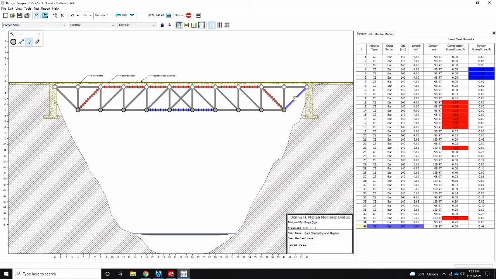So let's go back and see what it's showing. Anything over here that has color has failed. So these three members failed a tension test. There's a couple different ways you can address that. One of the easiest ways to address it is to click and highlight, and I'm going to highlight all three